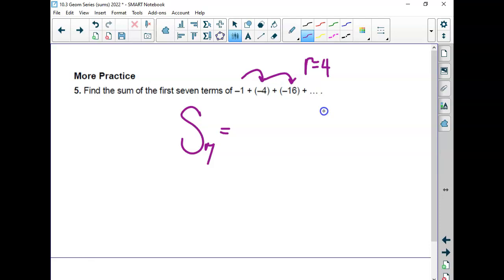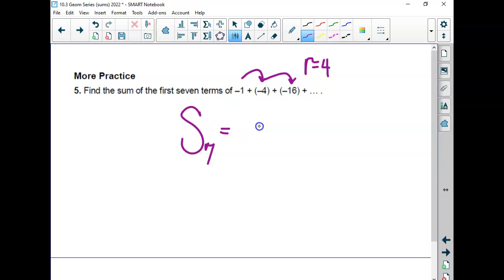If I keep multiplying by negative 4, what's going to happen to those numbers? Or by 4, sorry. They would get bigger, except it's negative, so they're really going to get very, very negative, right? So if I kept adding more and more negative numbers, it would approach negative infinity or whatever. It's not going to approach a single value, but we want the sum of only the first 7